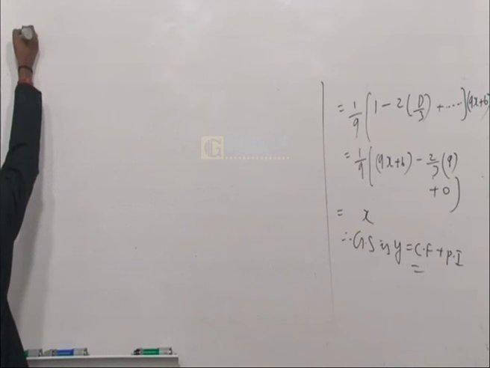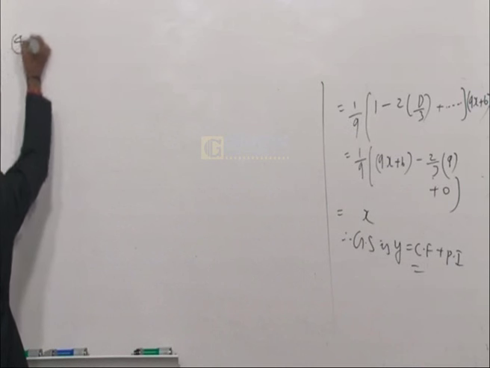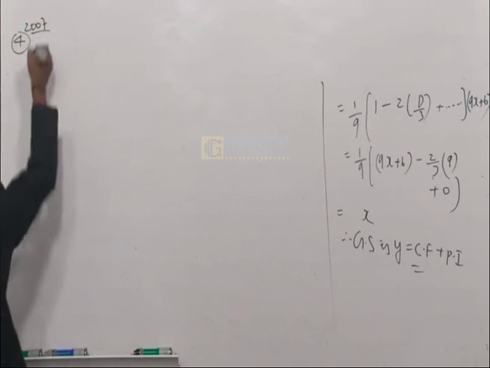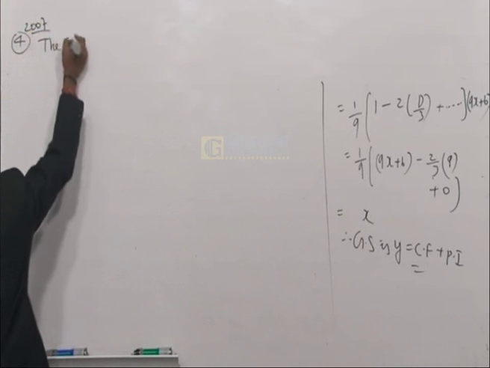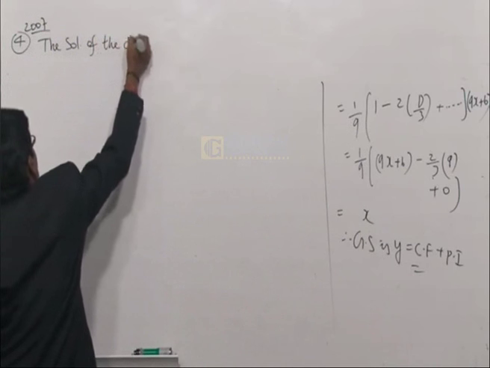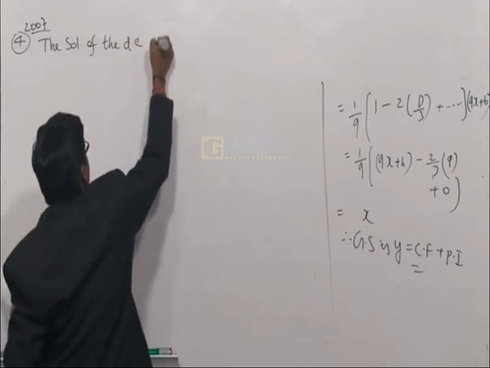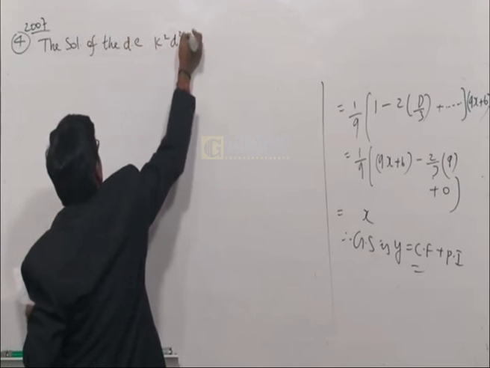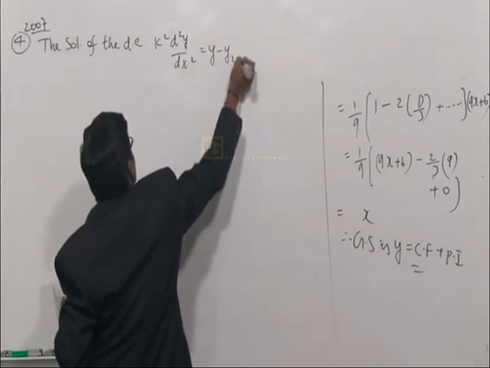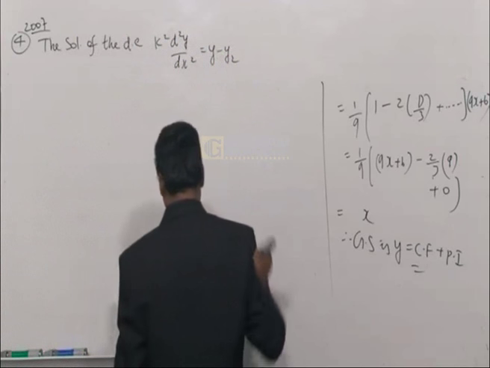Next one is 2007 given. The solution of the differential equation k square d square y by dx square is equal to y minus y2